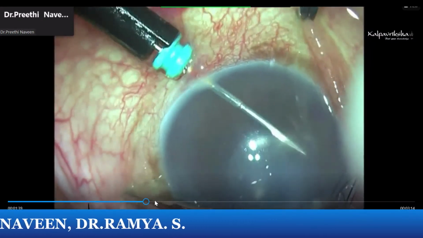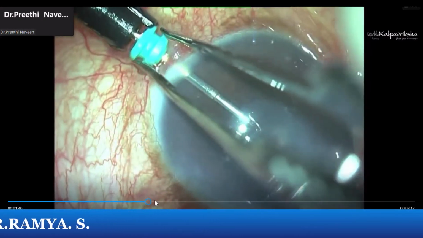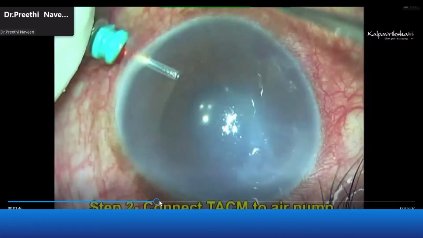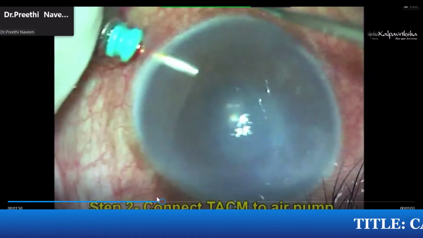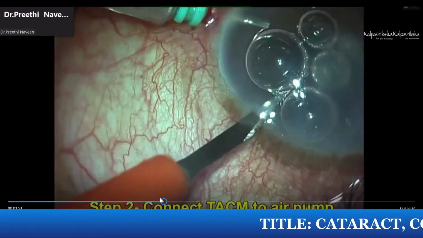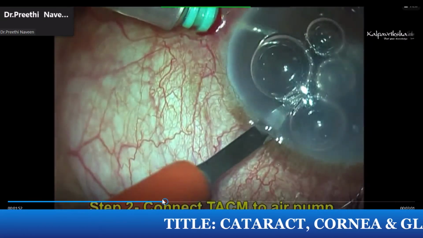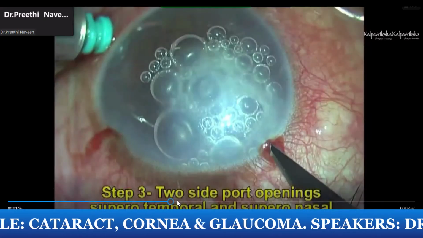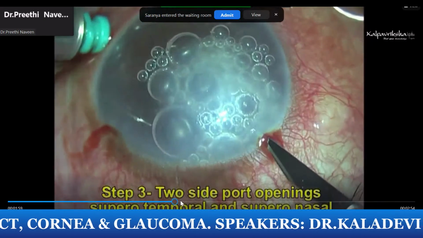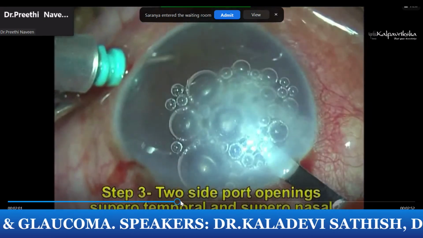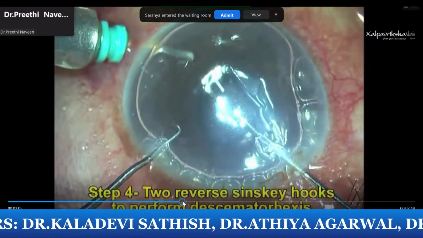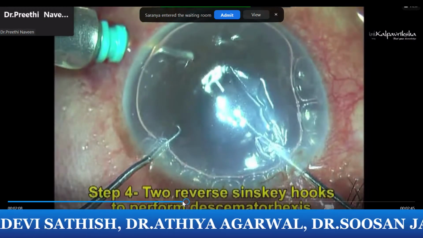And in most cases, if there is no pre-existing PI, we try to do a surgical PI at a 6 o'clock position. The reason being, you want to prevent a pupillary block occurring on the immediate post-op day because of the air which you're going to put in. And once that is done, you put in 2 side port incisions, temporal and supratemporal and nasal, but it could vary based on your location, your feasibility, whether you're a right-handed or a left-handed person.